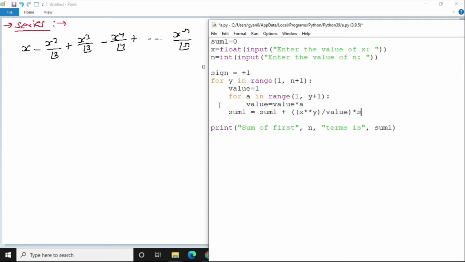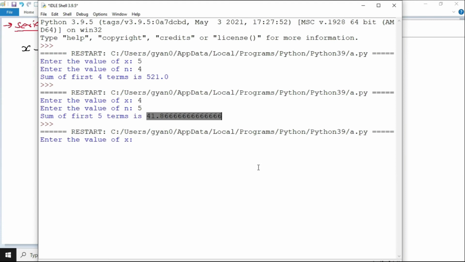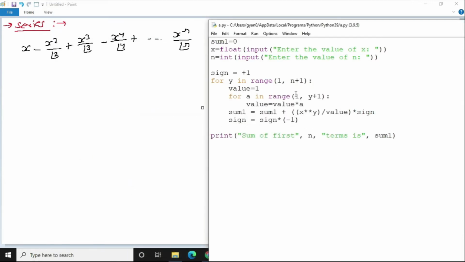Multiply sign. And in every iteration, further change the value of sign. Like sign is equal to sign multiplied by minus 1. Run module, type here 4, type here 5, and here it is. Okay, so this is the summation of this series.